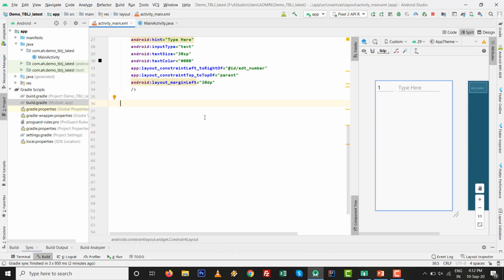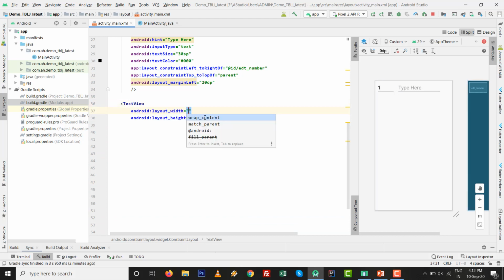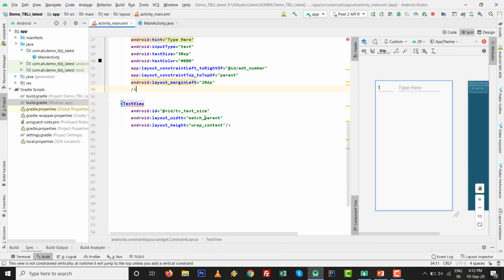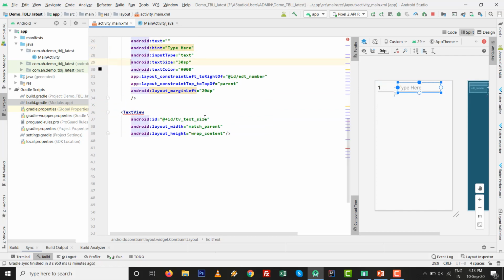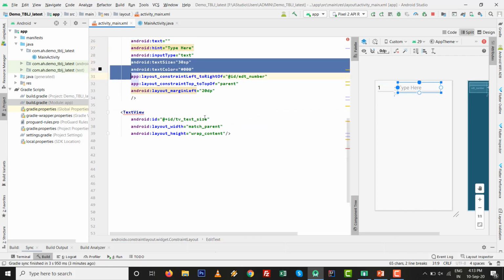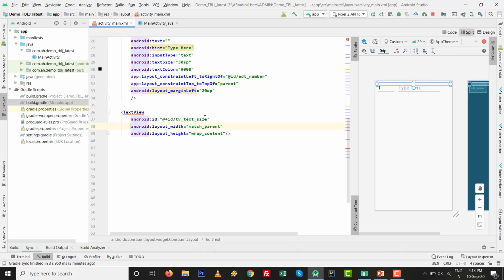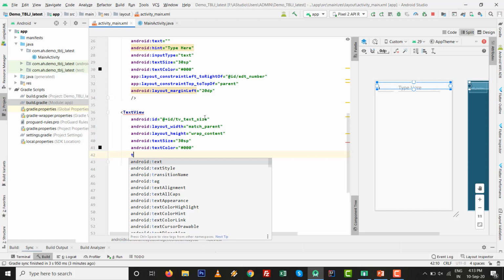After that we want one TextView to set. Width will be match parent, height will be wrap content, to whatever the size will be set it for the text size. So just I type @+id/text_size. Okay, so first text size and text color. Okay, and copy this one, text size and text color, and type text.